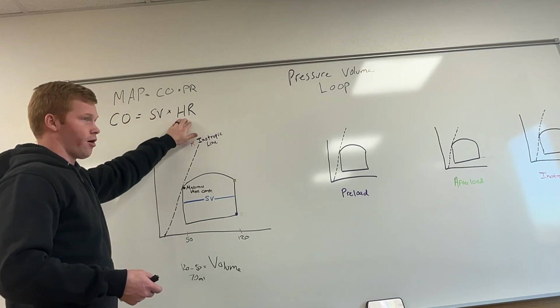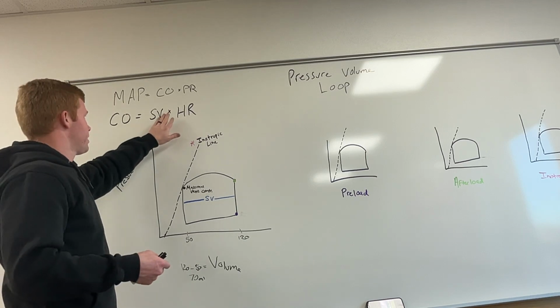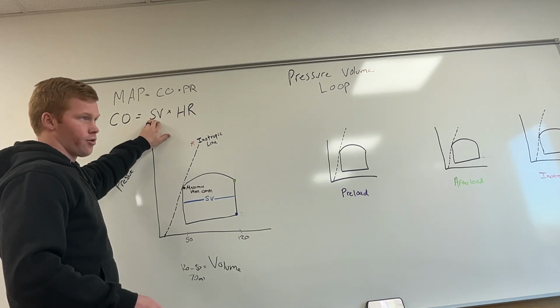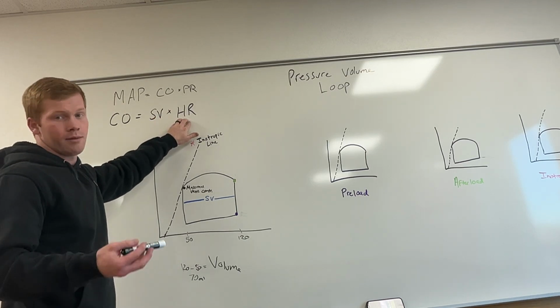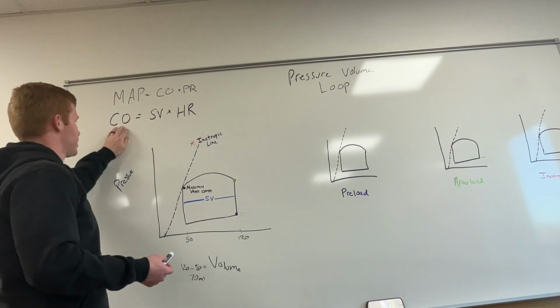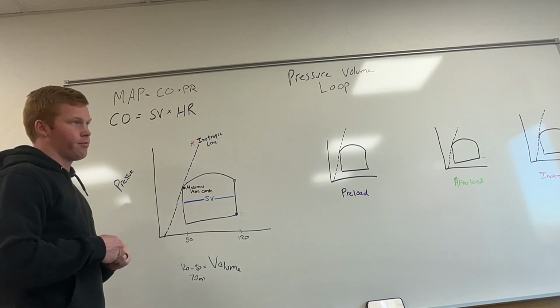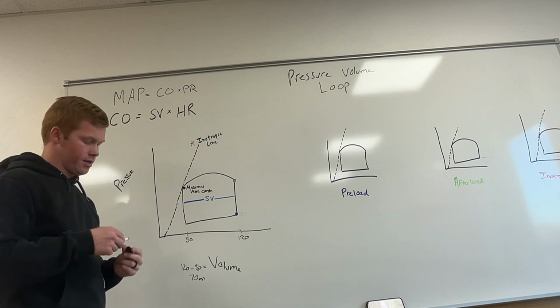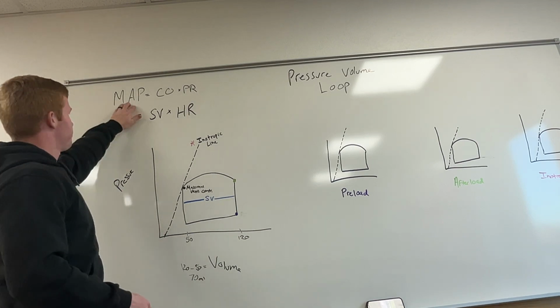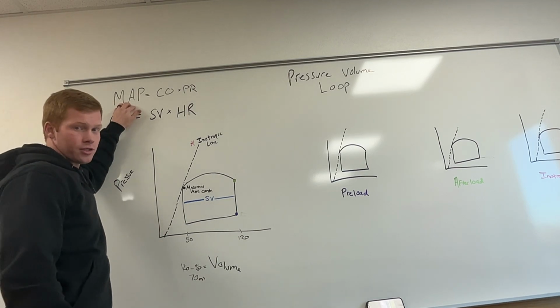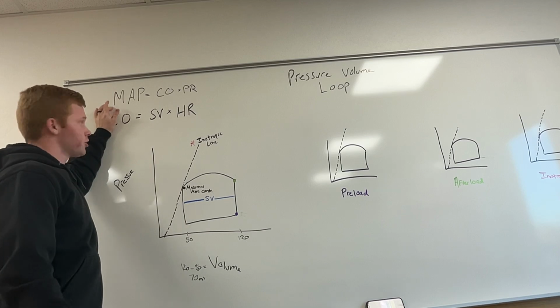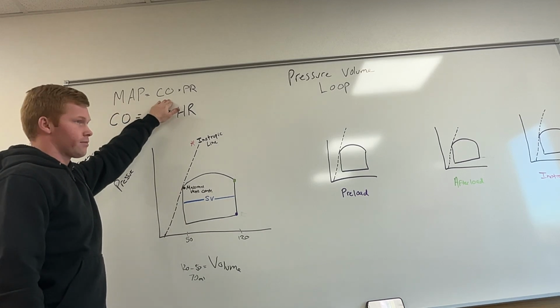But then the heart rate is how many beats per minute. And so how much blood going through the heart each beat multiplied by how many beats per minute is giving us our cardiac output. And our cardiac output is how much blood is going through the heart each minute. And then our MAP, or our mean arterial pressure, that is the blood pressure, and that is the cardiac output